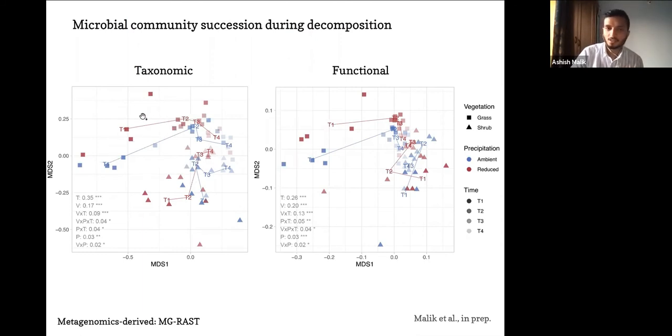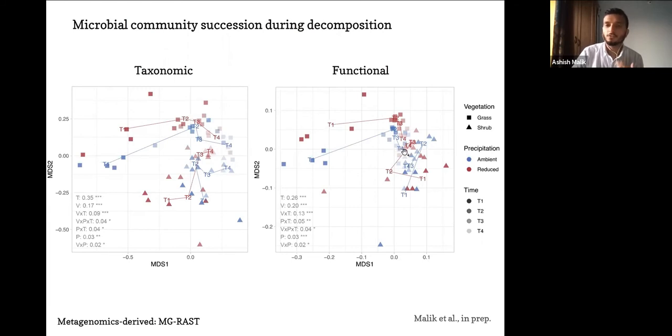So squares are the shrub communities, and these are the taxonomic profiles. Triangles are the grass communities. So they are different. And within them, you have the drought treatment, which is also significantly different, at least initially, if not later. But you can see that as decomposition progresses, there is convergence in terms of the taxonomic profiles,